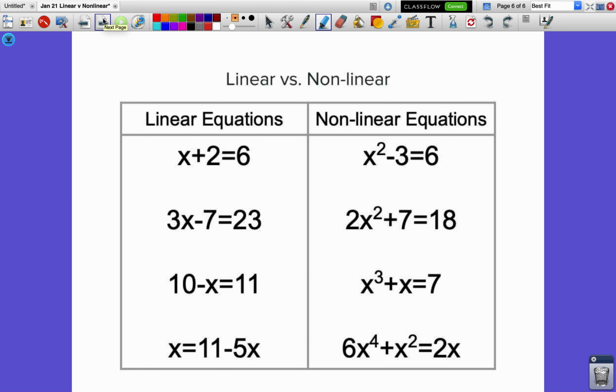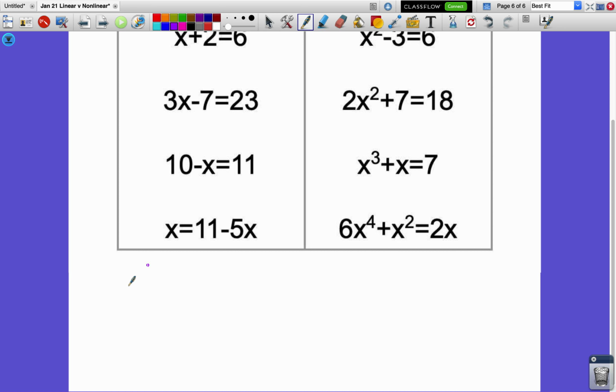Okay. Now let's talk about equations. What makes an equation linear versus nonlinear? Well, here I've got a bunch of linear equations and a bunch of nonlinear equations. I'll embed a question here for you to type what you think is different about this column and this column. All right, so what we should have picked up on is that